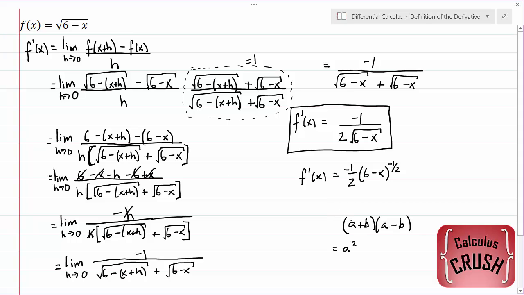So the first one, a times a, gives us a squared, minus ab, plus ab,